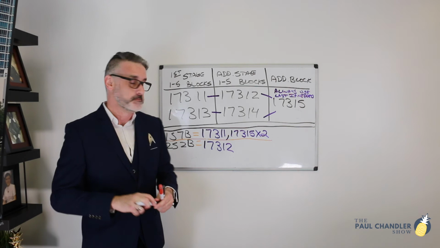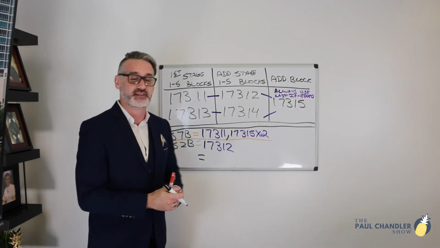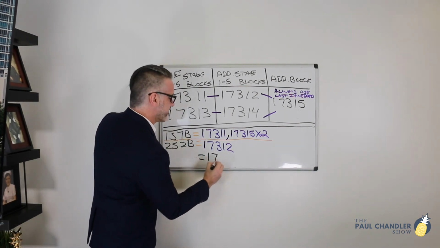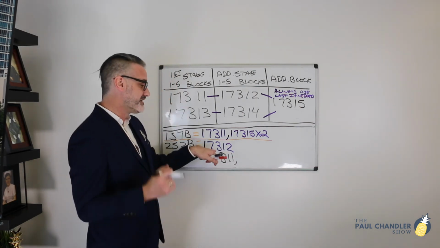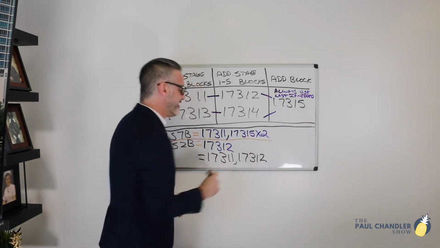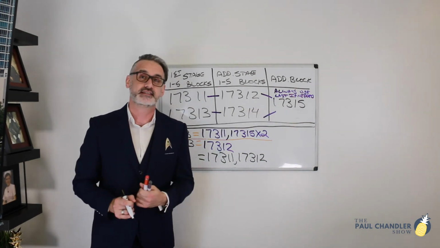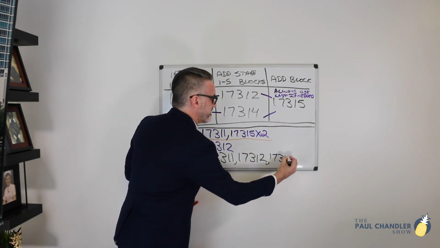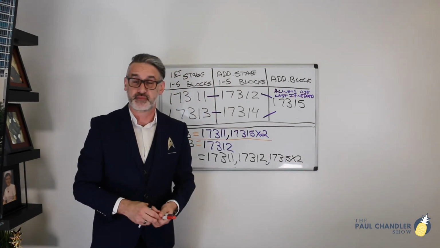Then when I'm coding it all together, now I can put everything together. I have an add-on code in 17312 and an add-on code in 17315. So I have one non-add-on code, and that would be 17311. That code has to go first. Then my 17312 add-on code goes second. And because I wrote the note by that add-on code, 17315, that always use last if needed, that would make it my last code,